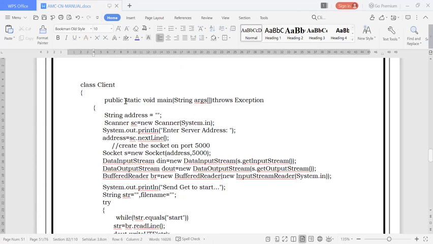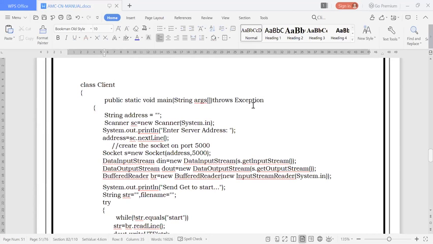Then throws Exception, because sometimes what will happen is the IP address doesn't match or the port address doesn't match, then forcefully we have to come out of the loop. At that time, if we do not throw the exceptions, we cannot come out. So to go back and find out the trigger where it is really happening, we have to utilize